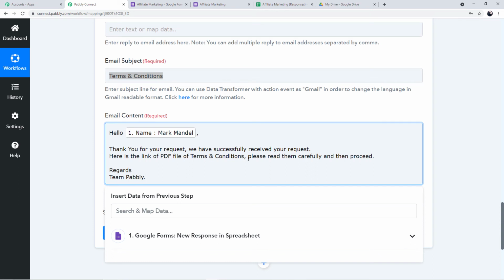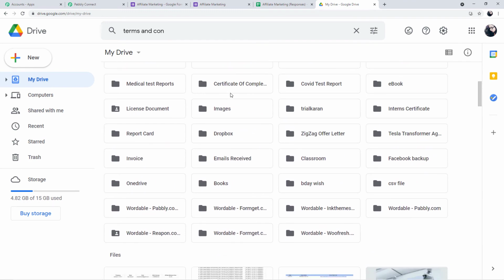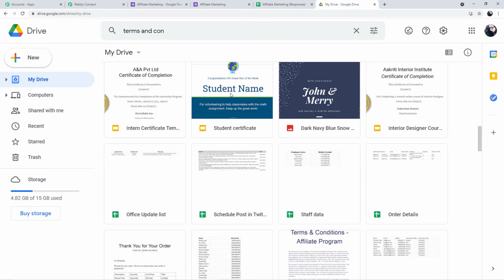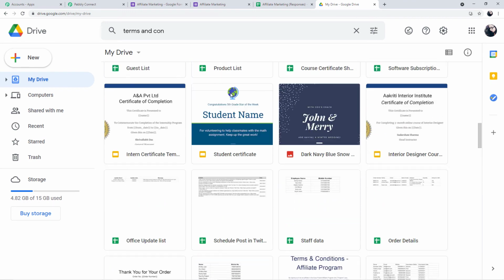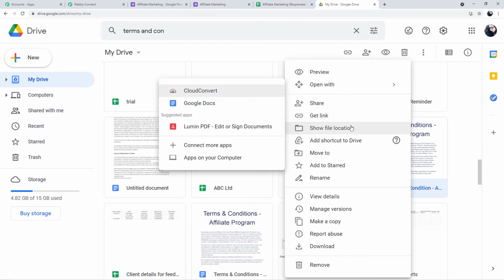So let me take you to my Google Drive where I have saved the PDF of terms and conditions. So this is my account on Google Drive. If I scroll down here, you can see the PDF file of terms and conditions. Let me show it to you. Okay, here you can see the file of terms and conditions. What you have to do is click the left button of your mouse.